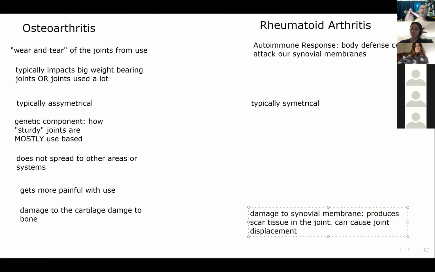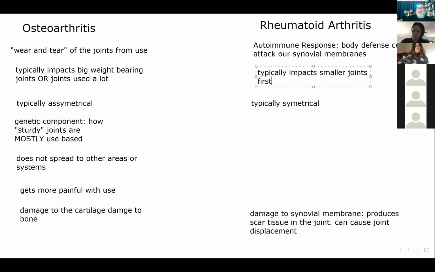Probably not. But what if I lost a square centimeter of synovial membrane here between my middle and my distal phalanges? Yes. So notice with rheumatoid arthritis, typically this impacts smaller joints